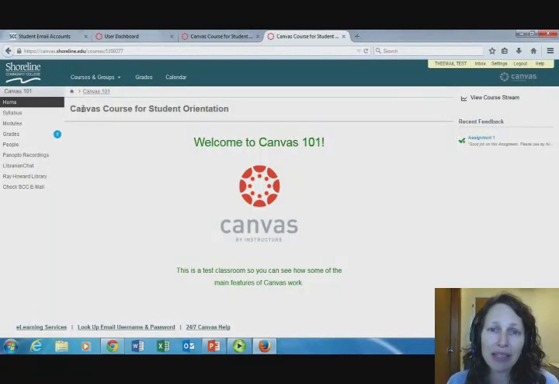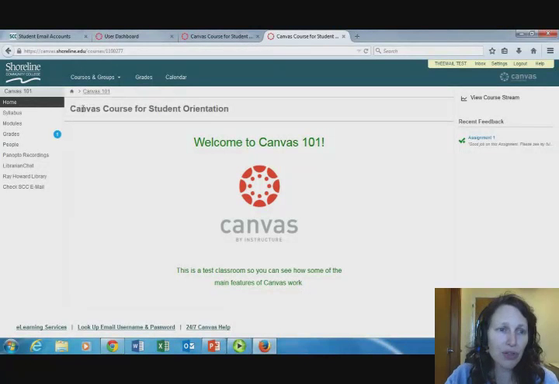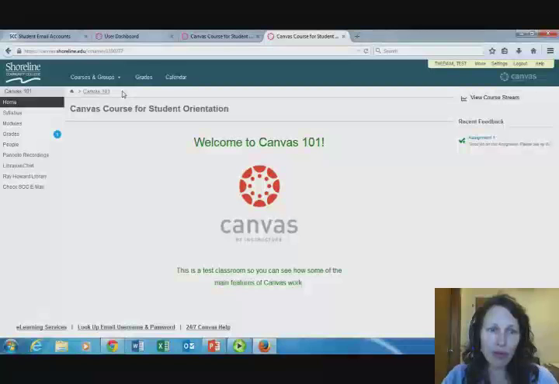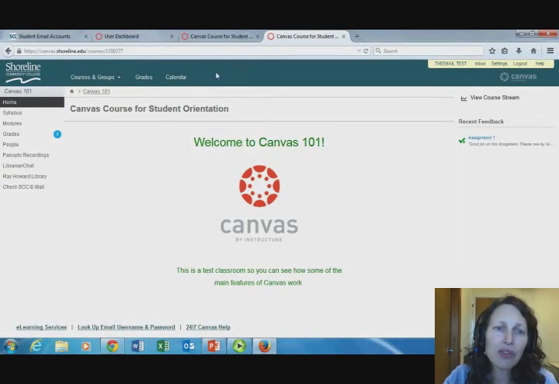This is the place where you're going to get the most information from your faculty member and your fellow students, and this is really the place where you want to learn and do your most work. As you look at the screen, there's quite a few things to notice, and I'm going to review them really quickly. Here at the top, this green bar, these are global